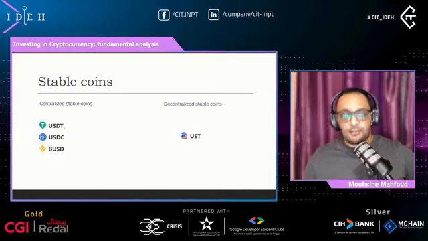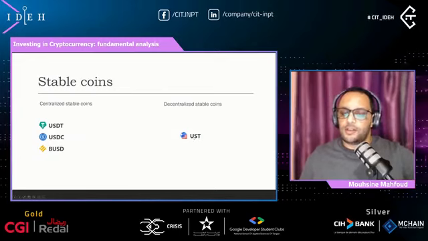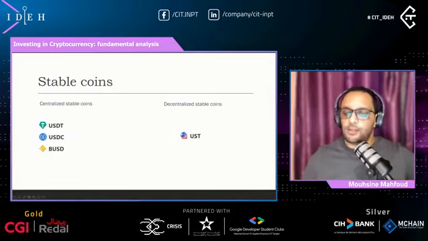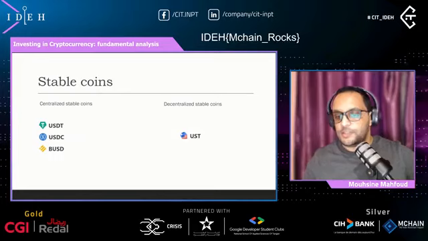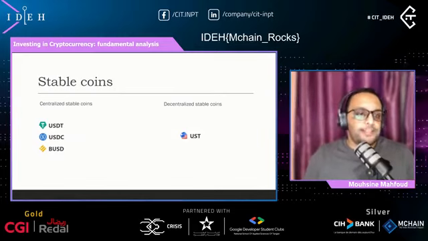So centralized stablecoins are backed by companies, and decentralized stablecoins are backed by algorithms and smart contracts. For instance, USDT is centralized, while UST from Terra is backed by a smart contract that keeps the balance such that this UST coin will always be equal to exactly $1. So now, if we want to buy stable coins, we know that their value will always be equal to $1. We can use them, but we should be able to store them somewhere.